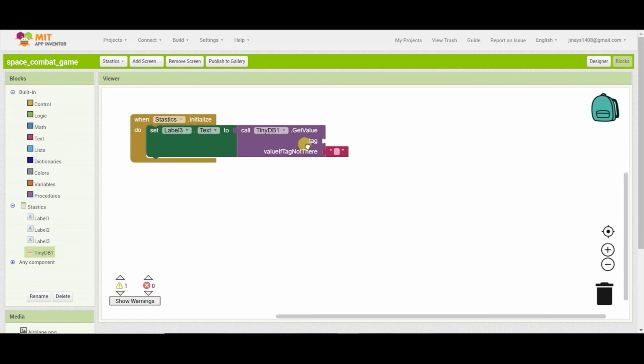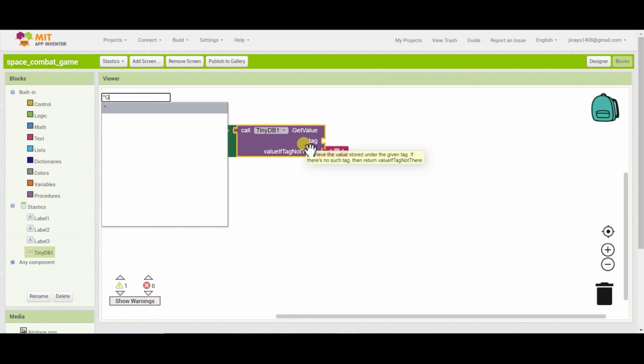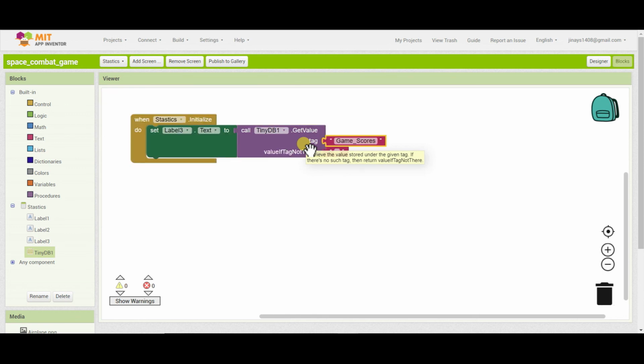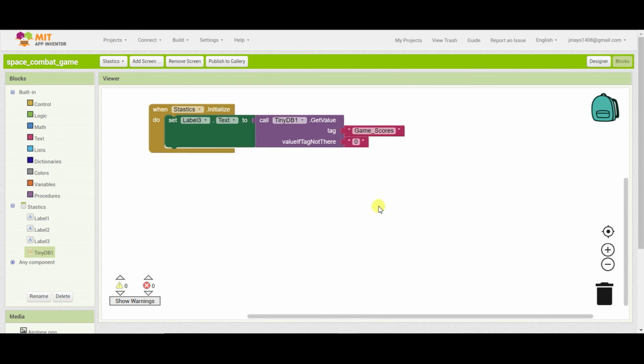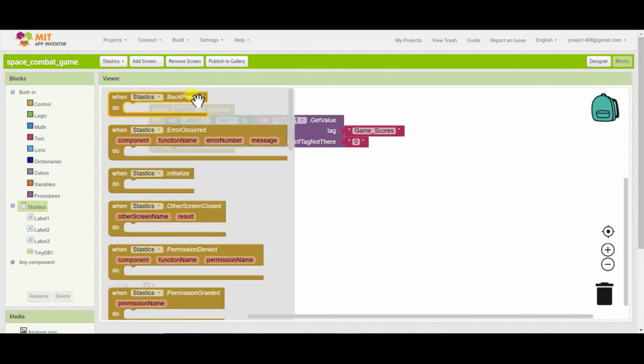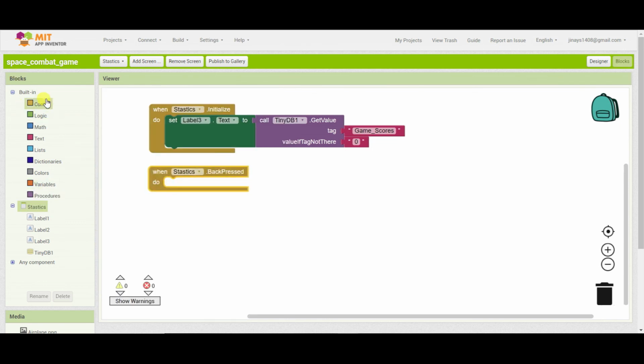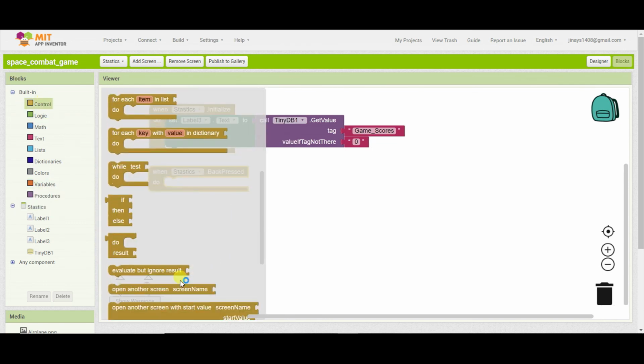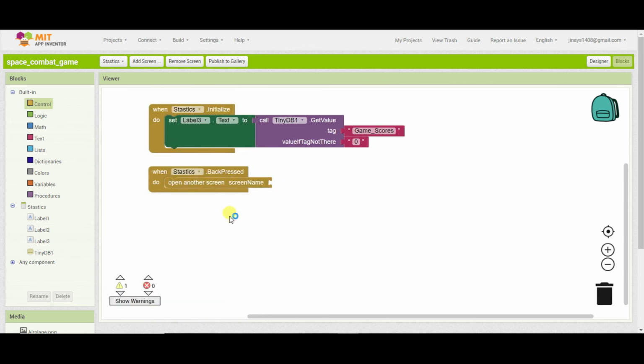We have to get the value of the tag in which we had stored the data. So we had stored the data in game scores and we will call that. And value, if the tag is not there, we'll set it to 0. And finally, whenever the screen back is pressed, we have to open the home screen, that is screen 1.